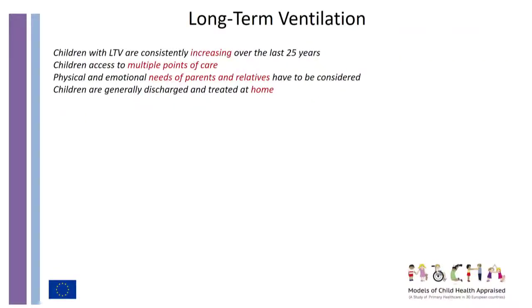The number of children with long-term ventilation has consistently increased over the last 25 years. They have access to multiple points of care, not only to treat their condition, but also for general, preventive, and curative services. When we speak about long-term ventilation and complex care needs, we also have to take into account the physical and emotional needs of parents and relatives, and that children with long-term ventilation are generally discharged and treated in their